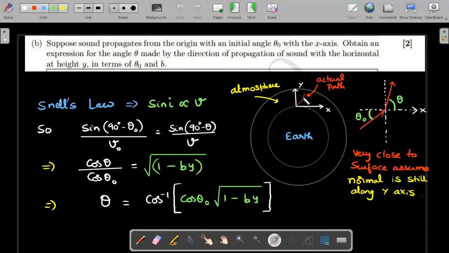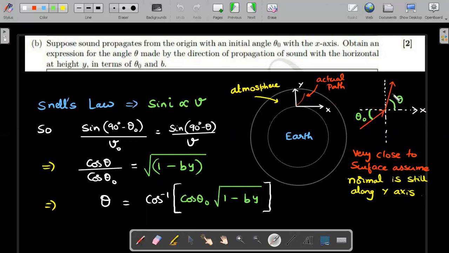As it goes to new positions, I can apply Snell's law at different places. Instead of applying it step by step, I can directly apply Snell's law from the first place to the final y position. That's the trick we have used even in a lot of JEE Advanced questions on light rays, and here we are doing it for sound rays. I also understand that the temperature is reducing. Since temperature reduces, speed reduces as it goes up. If speed reduces, the medium is said to become denser, and in a denser medium the rays bend towards the normal. That means they start making a bigger angle with the x-axis, so that's why I've depicted this theta at some other place.